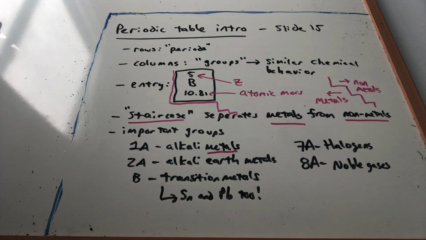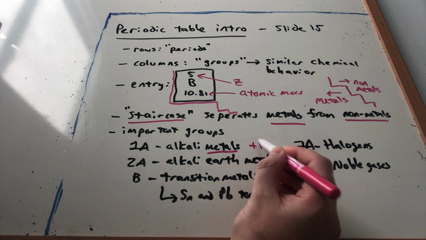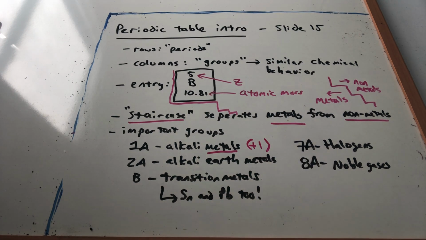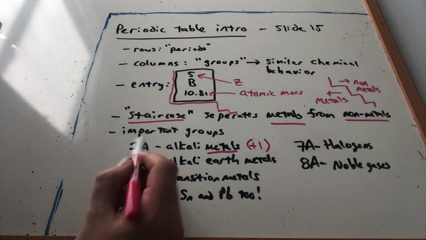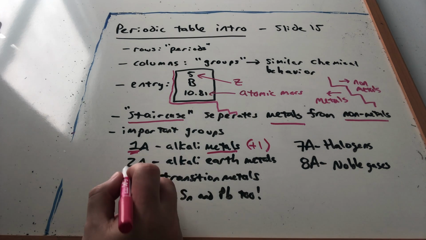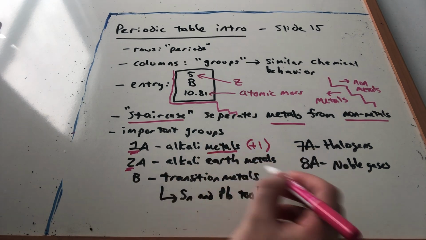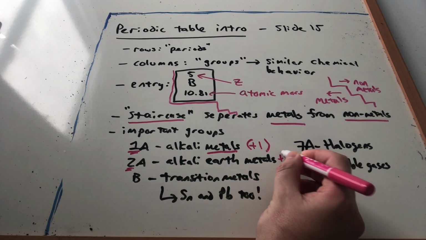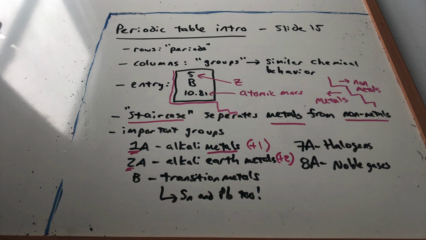The thing that we need to know right off the bat about group 1A is that when they're involved in ionic compounds, they like to be +1 in charge. Okay, group 1A, when they make a bond, they like to be +1. Group 2A are the alkali earth metals, and these guys like to be +2 when they're involved